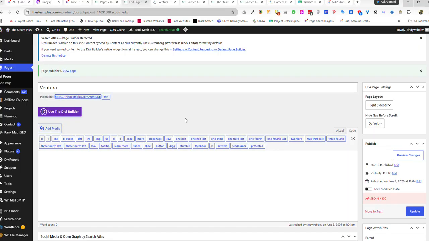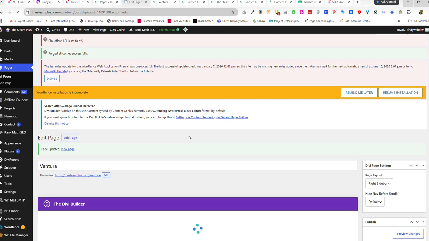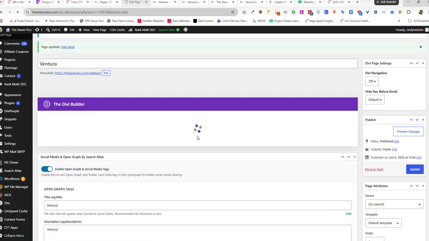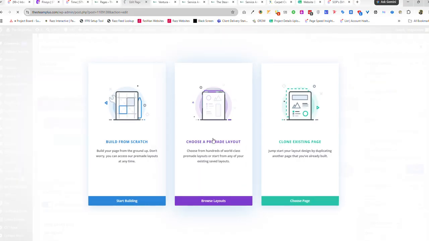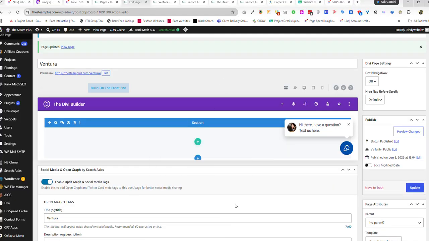So here we go back and we're going to use the DB builder. Just click the DB builder and let's wait a couple of minutes for it to load. Okay, so we start building. We already have the section on our end.